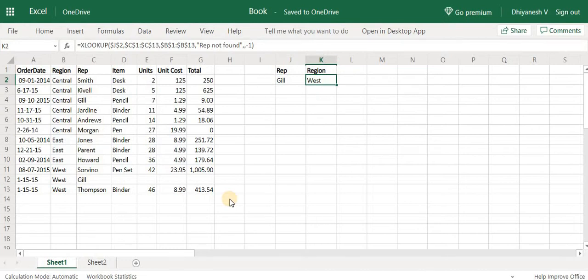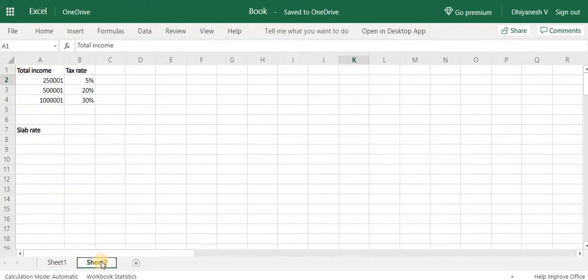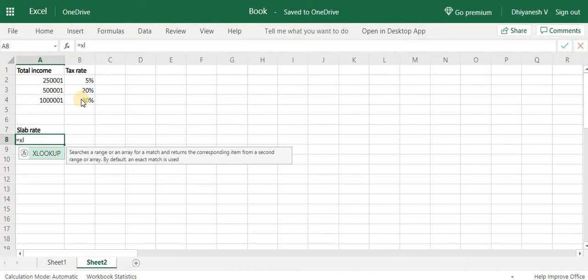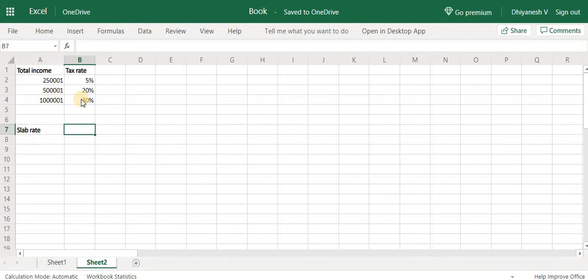So to understand the match modes available in the XLOOKUP formula, we will use this total income slabs of the Income Tax Act for an individual. So equal to XLOOKUP, I am just getting the slab rate in which I am falling. I am not actually calculating the tax amount here. So assume my actual total income is 7,50,000 here.